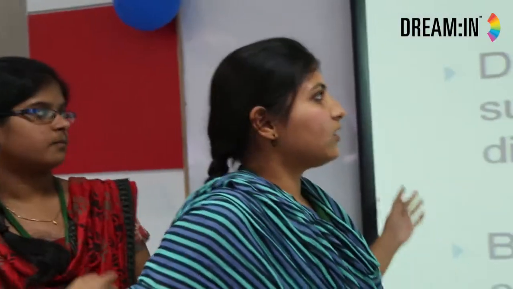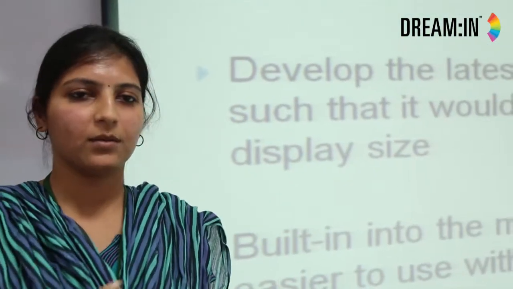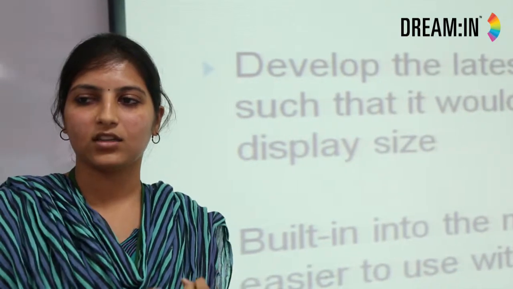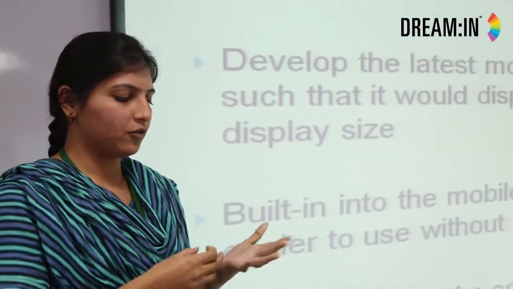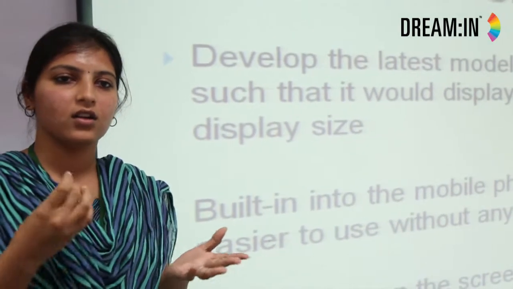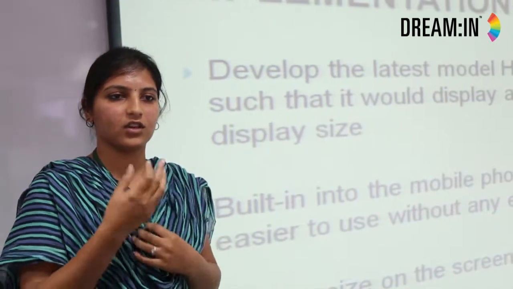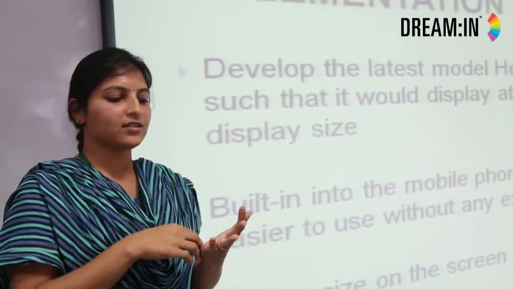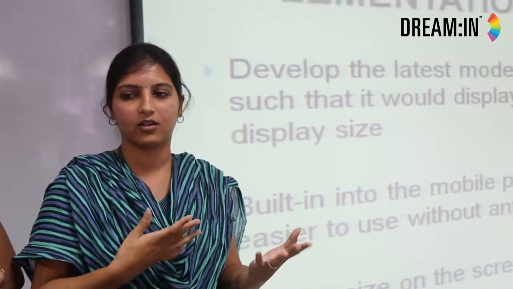I will explain how this device can be implemented on a mobile phone. By combining both the base unit and the projection unit into a single device, we can fix it into the top rear corner of the mobile phone. Whenever we want to view content on the virtual screen itself, we just have software implemented such that we will be able to view it in front of us.